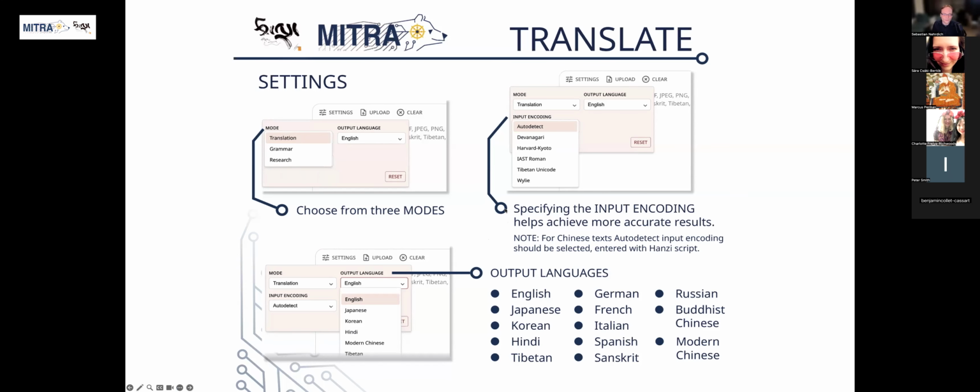Then we have the output language, which is of course very important. You can set the target language that you want to translate into. The default setting here is English, and we provide other languages, even though the quality when translating into English is generally the best. So this is the most reliable setting. But we are actively collecting data to translate into other languages. Recently we have added more data for Japanese and for Korean and also for modern Chinese. So we are trying to improve the quality for those languages.